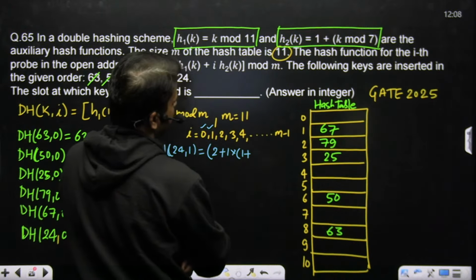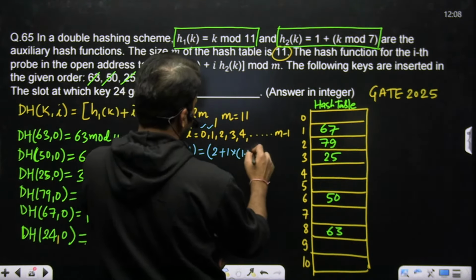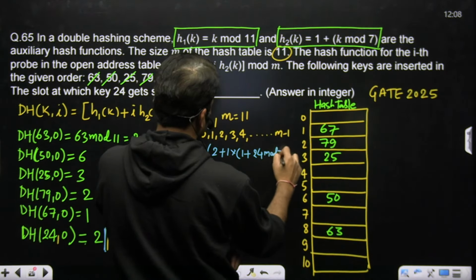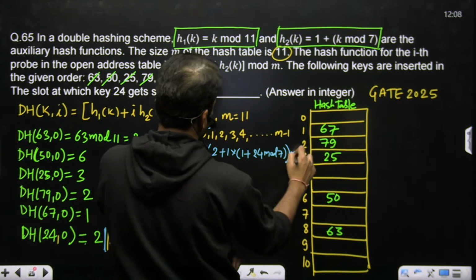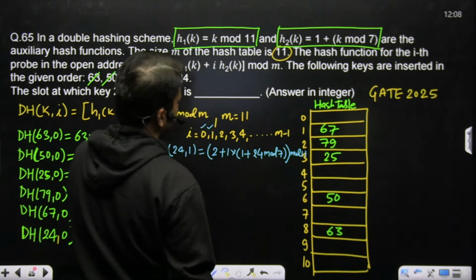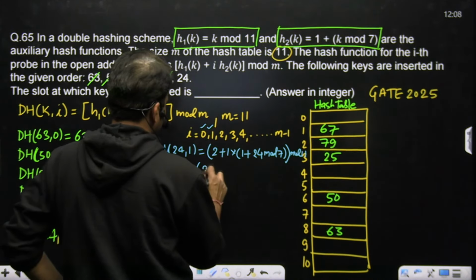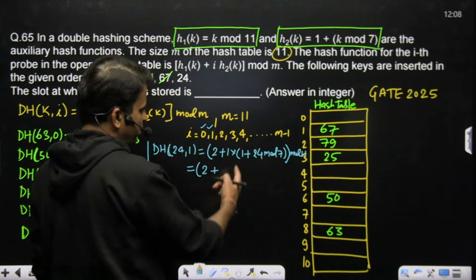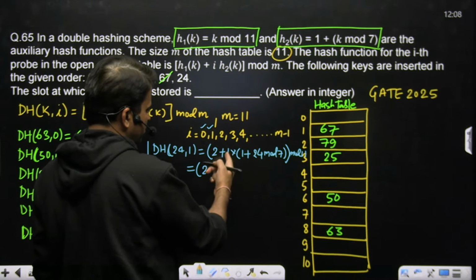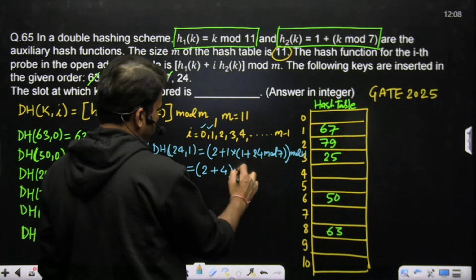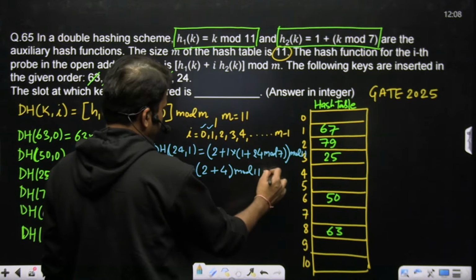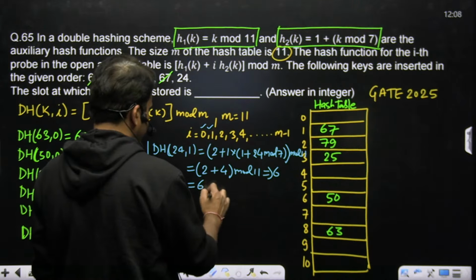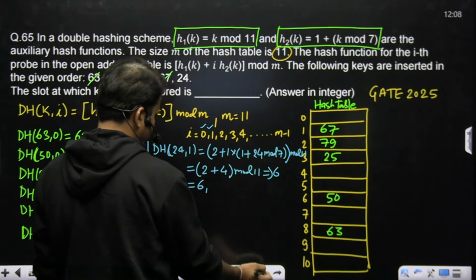1 प्लस k मॉड 7, सर k इज 24, 24 मॉड 7 कितना हुआ? और मॉड ऑफ लास्ट में कितना करना है आपको? 11। तो 24 मॉड 7, 7 3 जा 21 एंड 3 रिमाइंडर, 1 प्लस 3 इज 4। 4 मॉड ऑफ 11, सो इट विल गिव सर 6। 6 पे अगेन कॉलिजन है बच्चे। अगेन फिर से कॉलिजन हो रहा है।